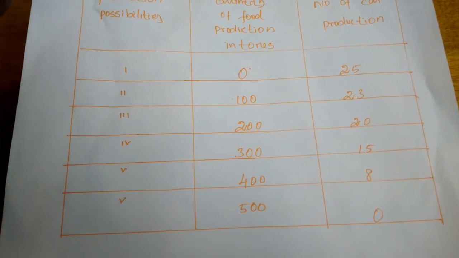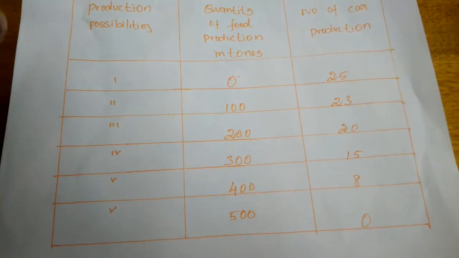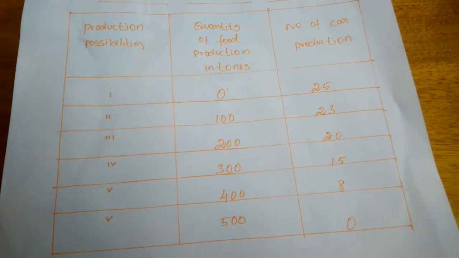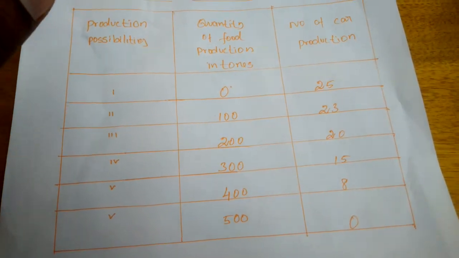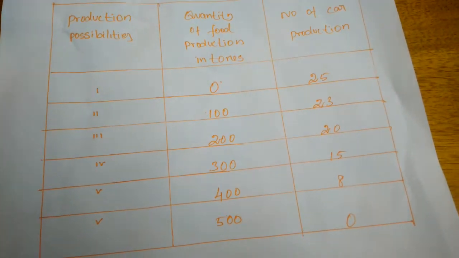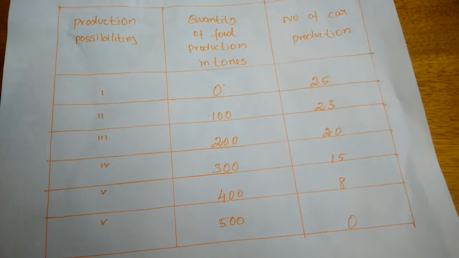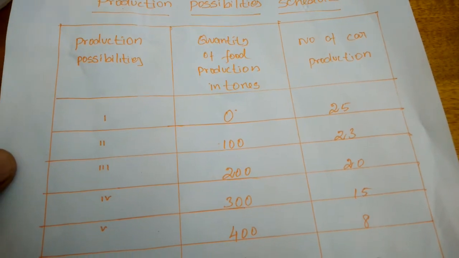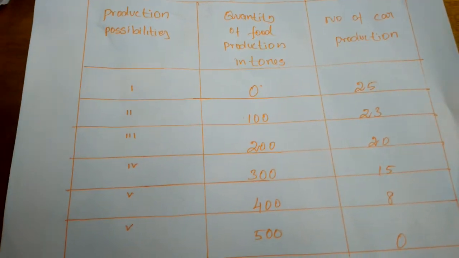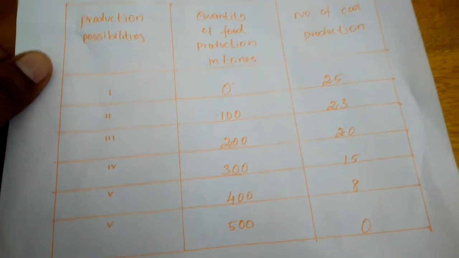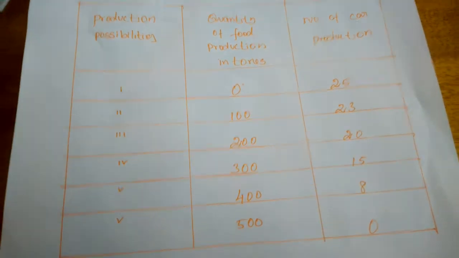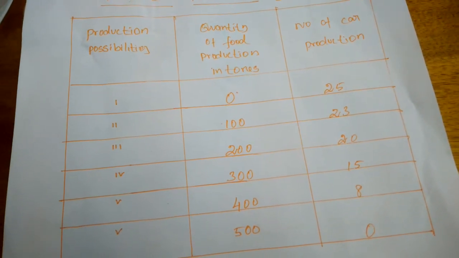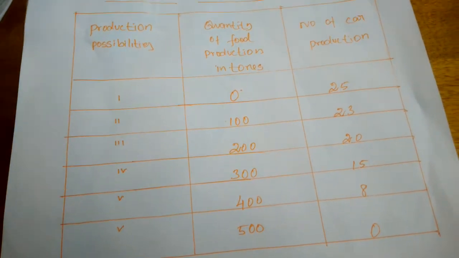Next, only two goods can be produced from the given resources. Even if we have some given resources, by using them we have to produce two commodities. Only when we produce two commodities can we understand the operation of the production possibility curve. And the resources of production are fully mobile. Mobile means all the factors of production have the ability to move from one place to another for the purpose of producing.